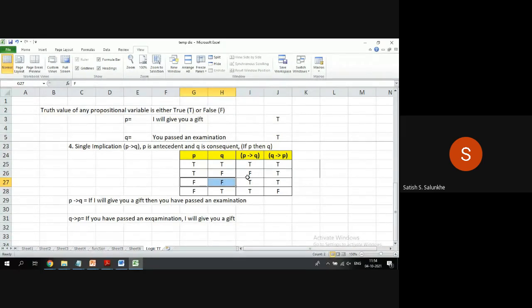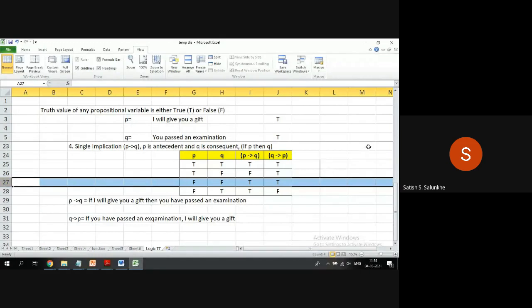So Q implies P means what? It is a promise. If you pass an examination, I will give you a gift. This promise is not satisfied here, so this promise is failed. If you pass the examination and I am not giving you a gift, this promise is failed. Now looking at this third situation,